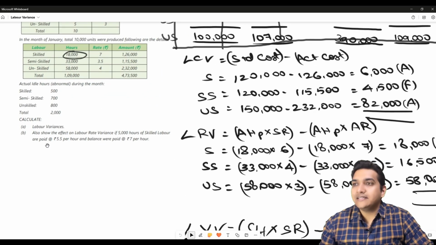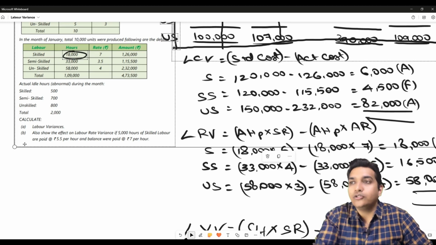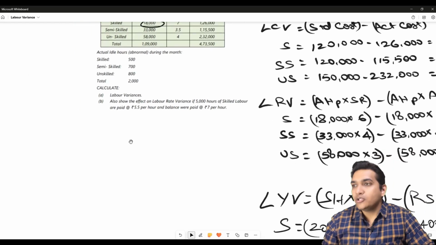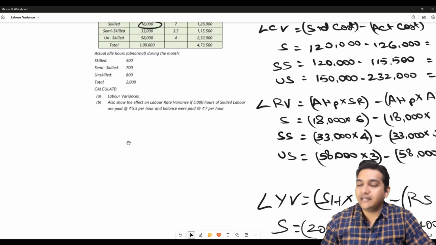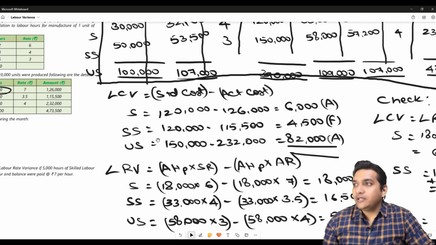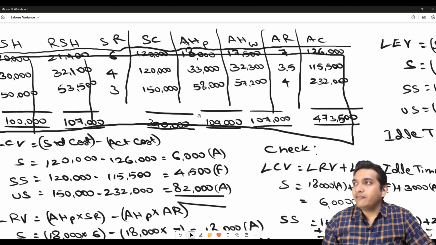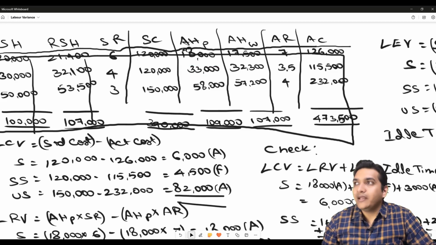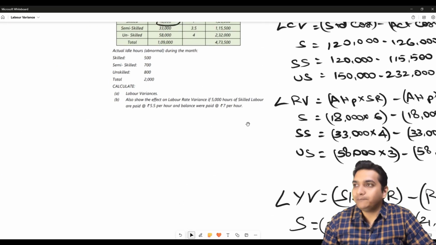So next it asks us to also show the effect of labor rate variance if 5,000 hours of skilled labor are paid at 5.5 per hour and the balance were paid at 7 per hour. So what does it mean? In the first part of the problem, we have taken the actual labor hours, which is 18,000, paid at a standard rate or a constant rate of 7. Now what it wants us to do is compute